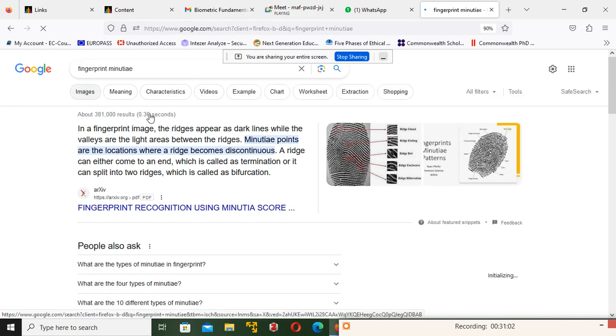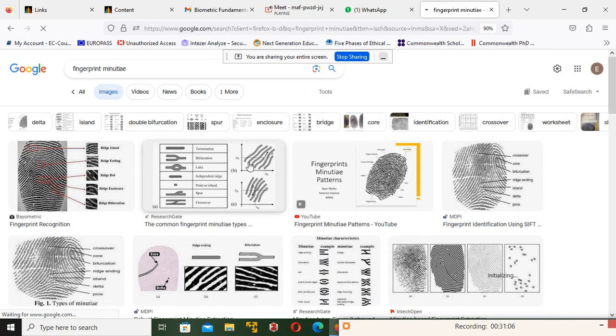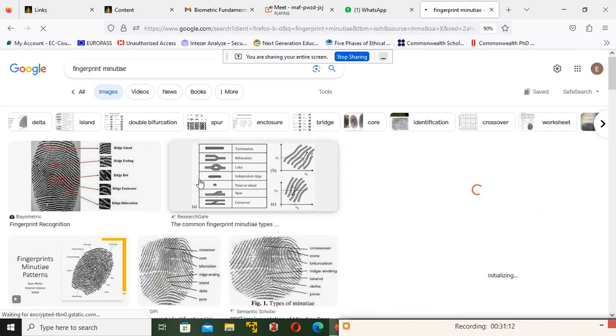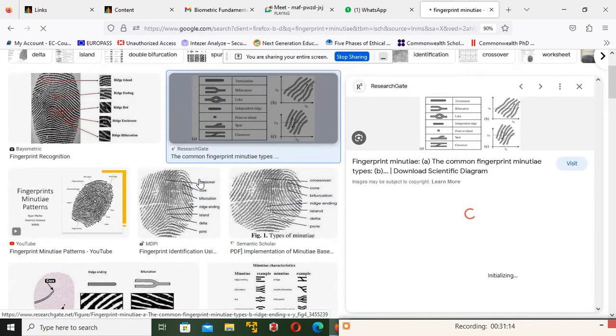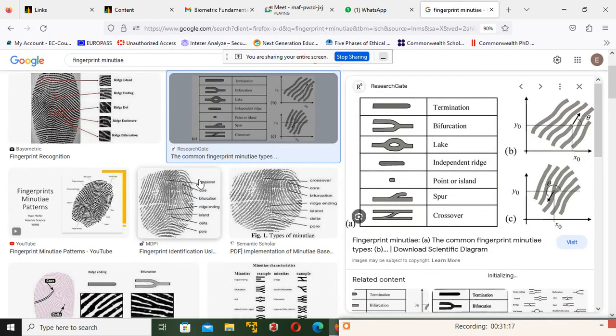Let me go to images. Can you guys see the screen? Yes, sir. Okay. So inside the fingerprint, we have a lot of features, and these features are